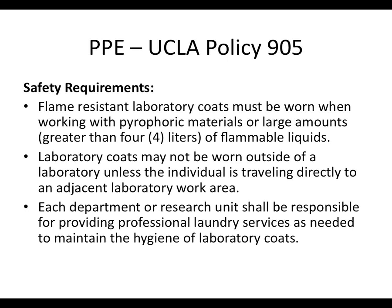Those lab coats are their uniform, and they wear them everywhere. So that's something that we tried to change. I think in chemistry they've got that message, but not in the medical school. Yeah. Each department or research unit shall be responsible for providing professional laundry services as needed to maintain the hygiene